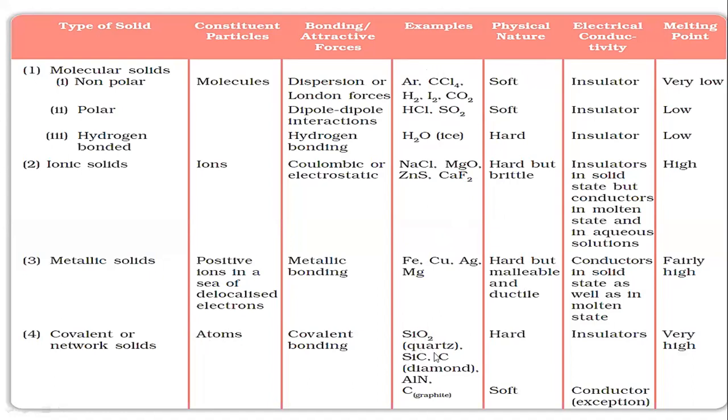This SiO2 quartz, then diamond, all these are covalent or network solids. See the silver, it is metallic. Silver, gold, copper, iron, these are the metallic solids. Ionic, all the salts. Then hydrogen bonded H2 ice, polar HCl, SO2. Then this is a non-polar H2, I2,